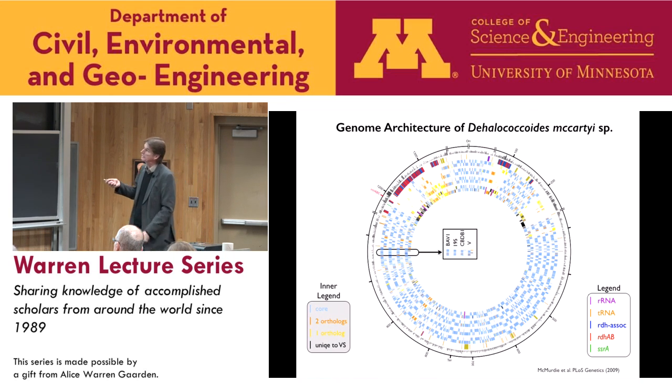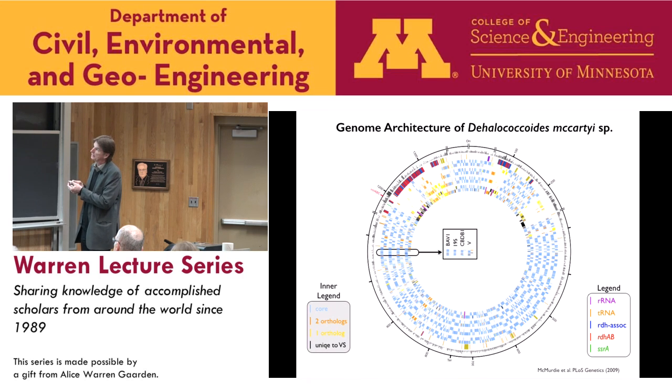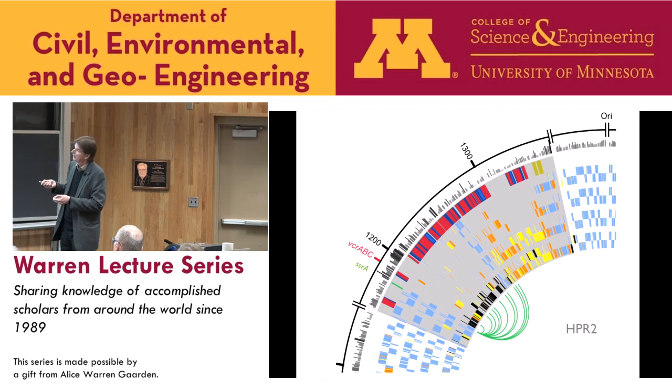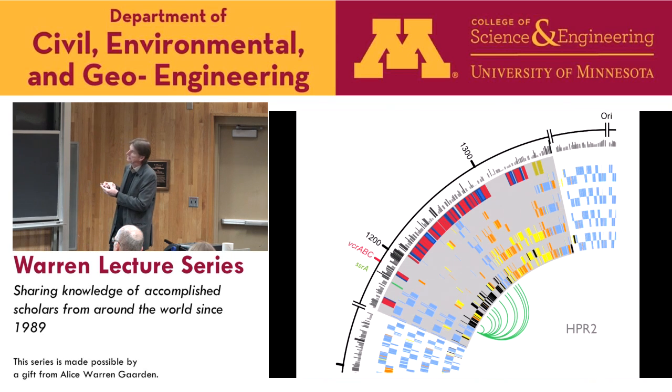Now, the interesting part is that all this diversity that gives the organism the flexibility to adapt in the environment to different compounds is really restricted to two regions here. If you look into this region, you see that these reductive dehalogenases are nicely aligned with respect to a specific gene. This is called SSRA, and that serves as an integration site for acquisition of genes.